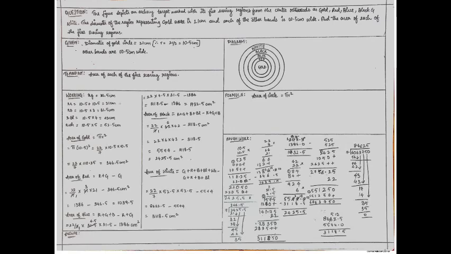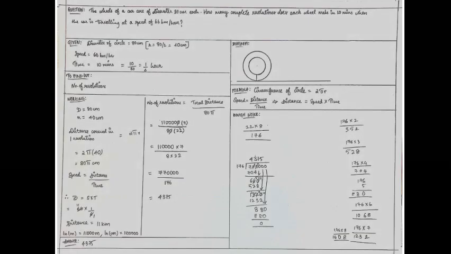In order to find the red circle, we have to add the radius of red and gold and minus the area of gold. And for blue, we have to add the radius of red, gold and blue, and we have to minus the area of gold and red. The same method applies for the area of black and white. If we simplify and apply all these formulas, we get the final answer as 3118.5 centimeter square.